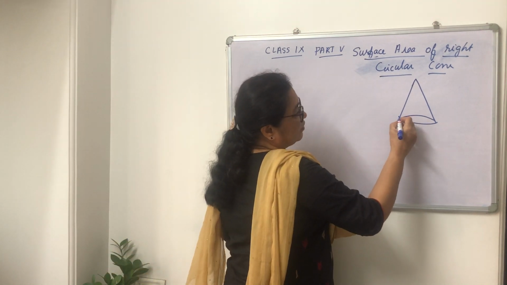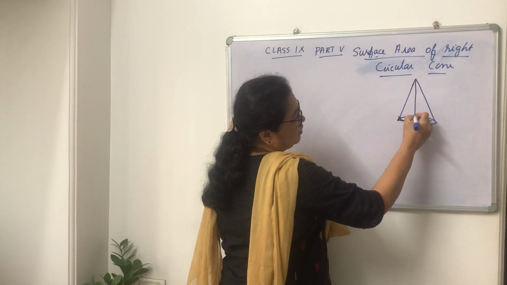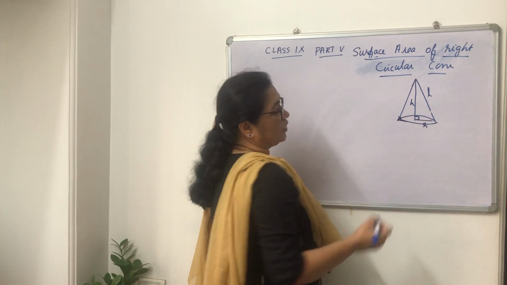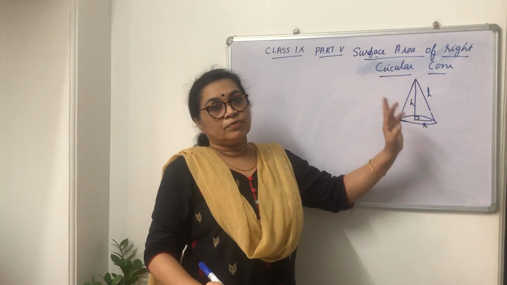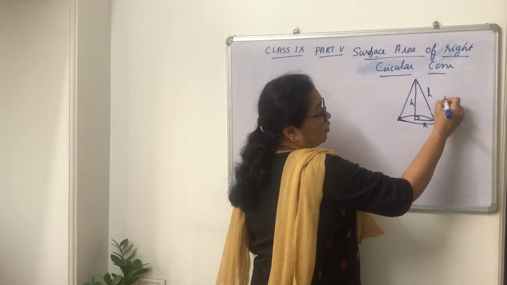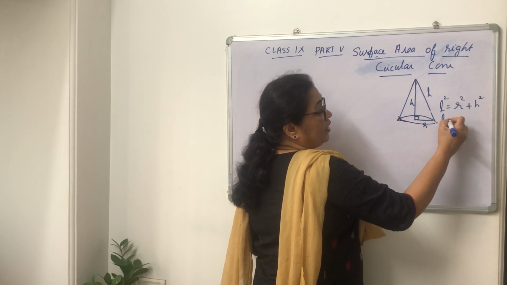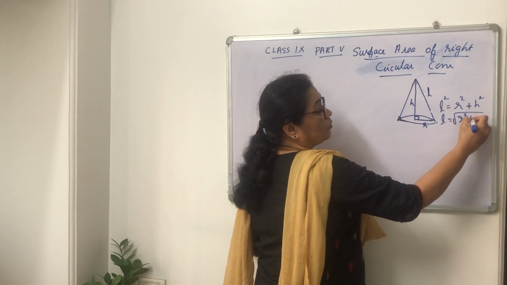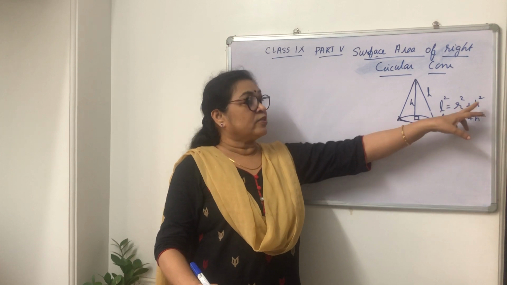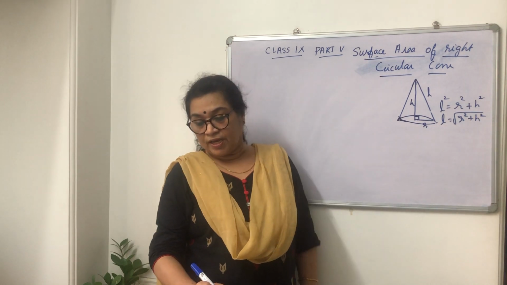So this is the radius from here to here. This is the height and this is the slant edge. This is perpendicular. Therefore, since this is a right angle triangle, L squared, that is slant height squared, is equal to R squared plus H squared. Then L is equal to the square root of R squared plus H squared. The slant height L you can find out as the square root of R squared plus H squared.